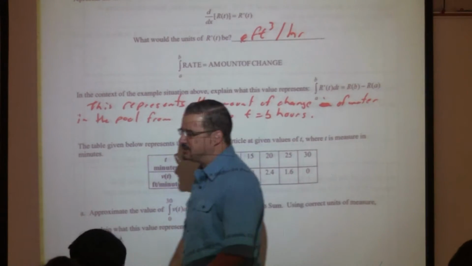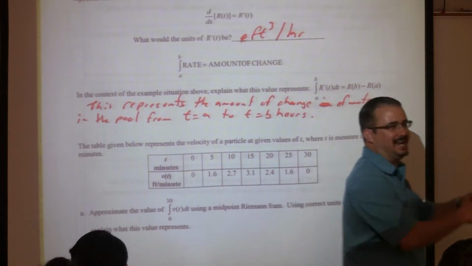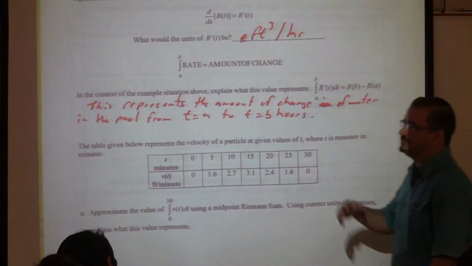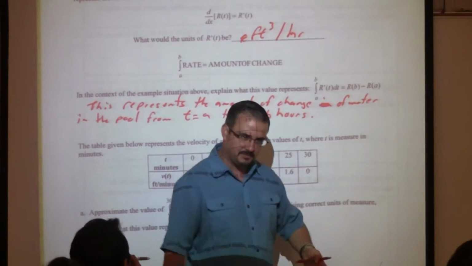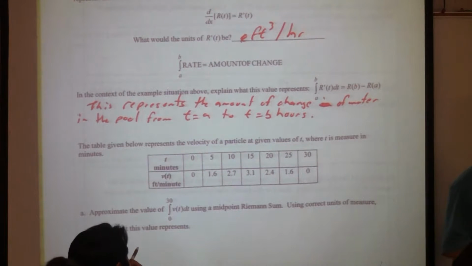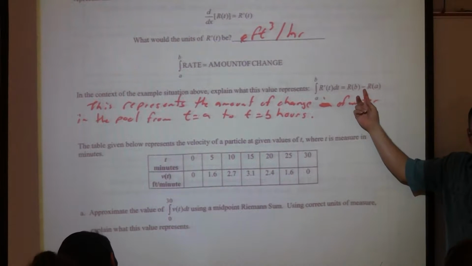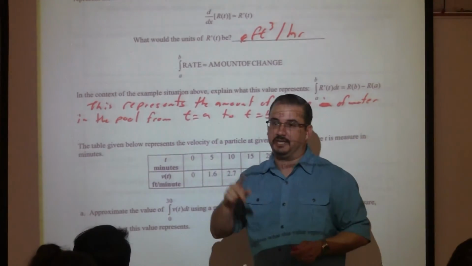So basically what I want you to get from here is that when we find a derivative, we're finding the rate at which that amount is changing. But when we find the integral of something that represents the rate, we're finding the amount of change that is occurring, the change in something. Do you understand? That was the big idea. Here it's the change in the amount of water. If this were velocity, then it would be the change in